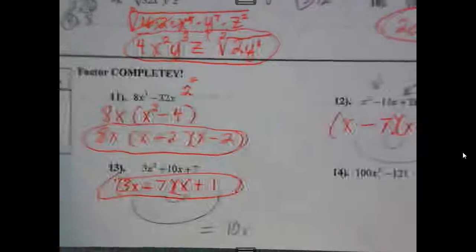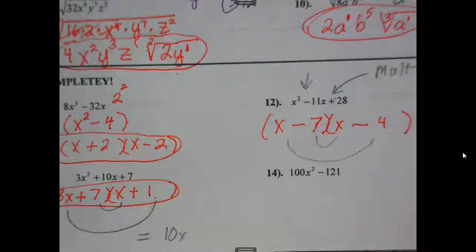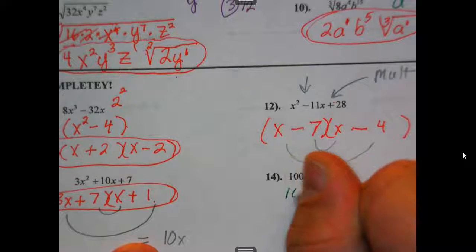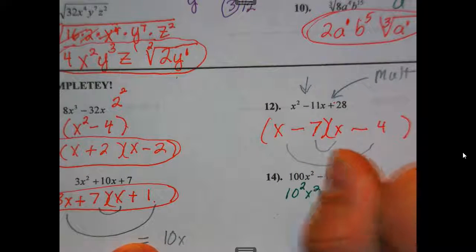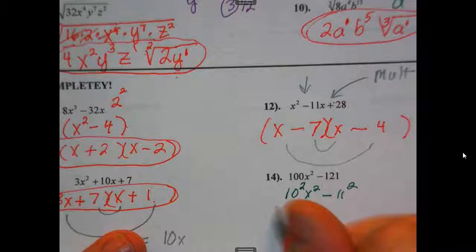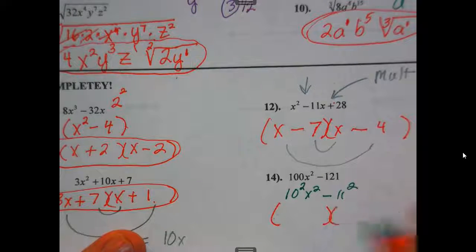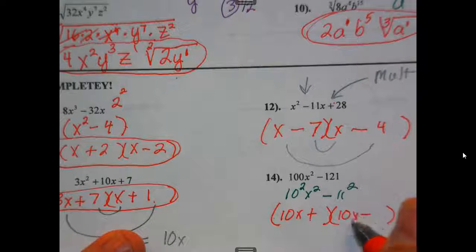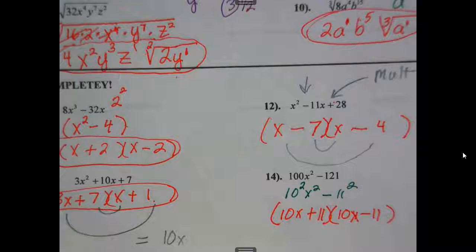Okay, last one. 14. What do I have here? Try the difference of squares. 10 squared, x squared, minus 11 squared. What's my base? What's a? That's right, 10x. What's my base for b? That's right, 11. 10x plus 11, 10x minus 11. Now you can rustle your stuff together and